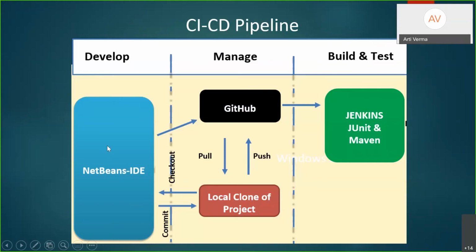This is the CI/CD pipeline we used. We developed our code in the NetBeans IDE and then managed our project by using GitHub. We pushed and pulled it from there. The reason behind this was to ensure that the code can be built and tested correctly in Jenkins. Because in a real life scenario, this will help the developer as well as us to receive the feedback, which in turn will help us and them to improve the coding.